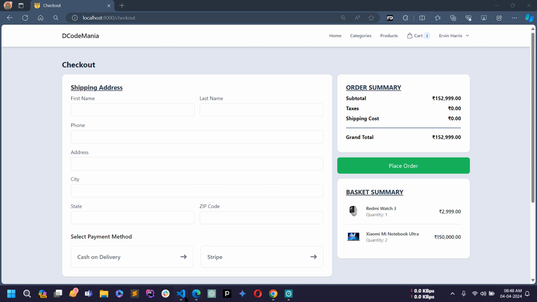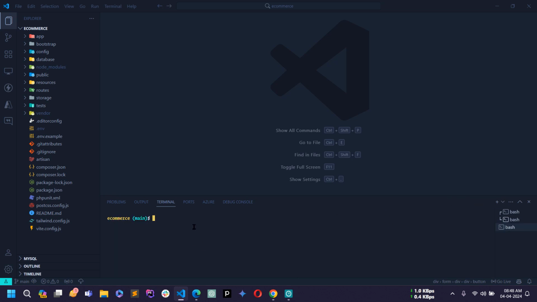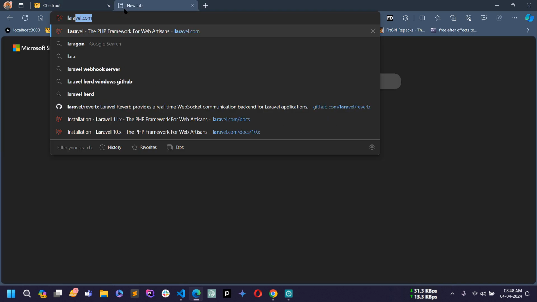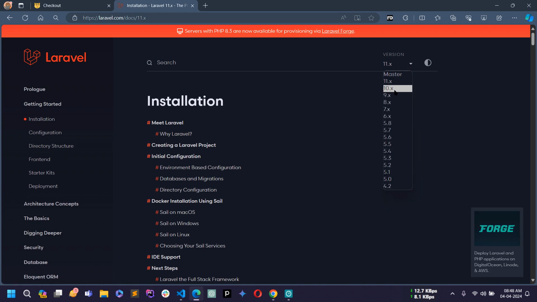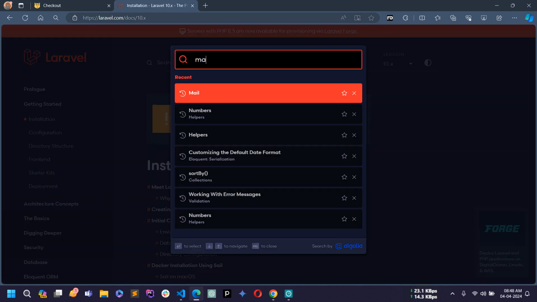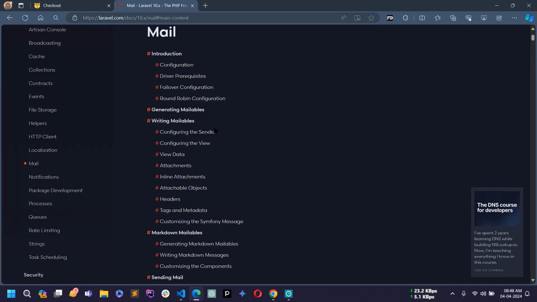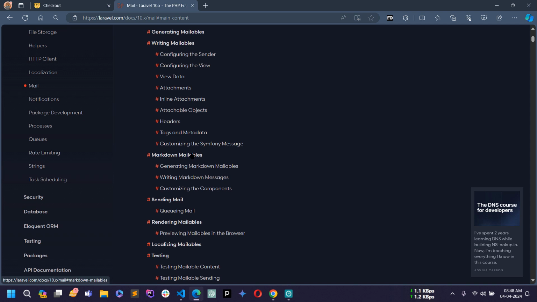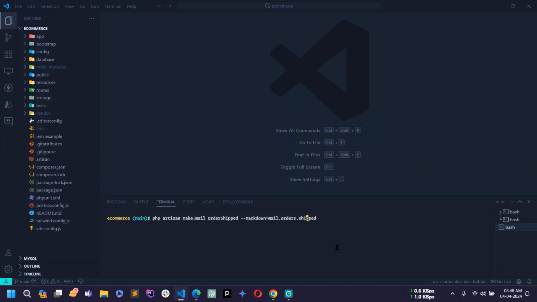Okay. This is my project inside VS Code. Let me open a new terminal here, and before creating a mailable, let me open laravel.com, and if I click on Get Started, select the Laravel 10 version and search here for mail and click on this, and here I will click on markdown mailables. Okay, and I will copy this command, so just copy and paste here. I will change the order shipped to order placed,